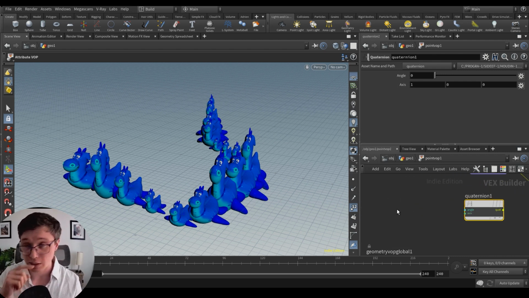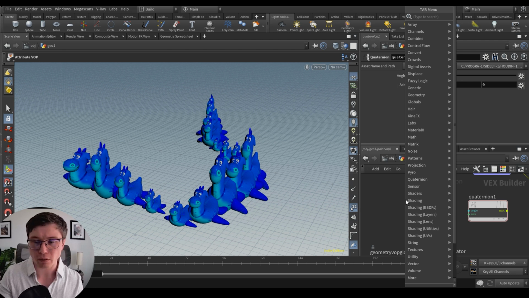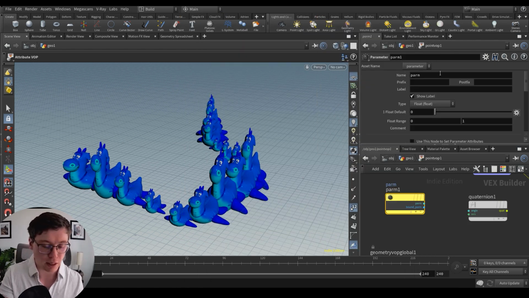The angle, as I said earlier, needs to be in radians, which nobody uses in real life, right? So we'll need to convert the degrees into radians. We'll create a parameter that we'll call angle, very original.